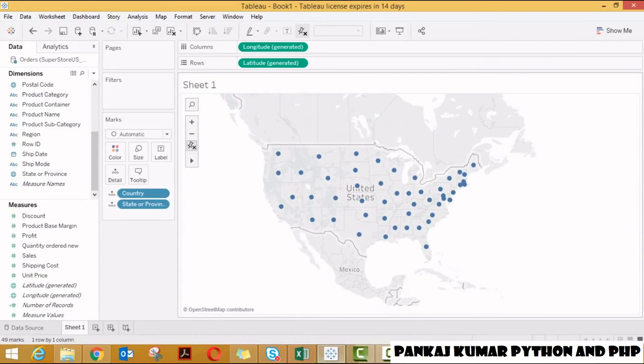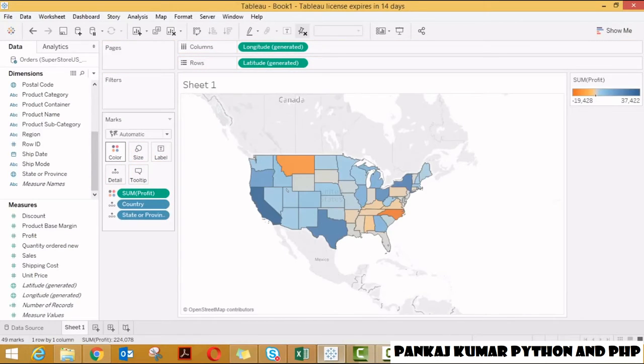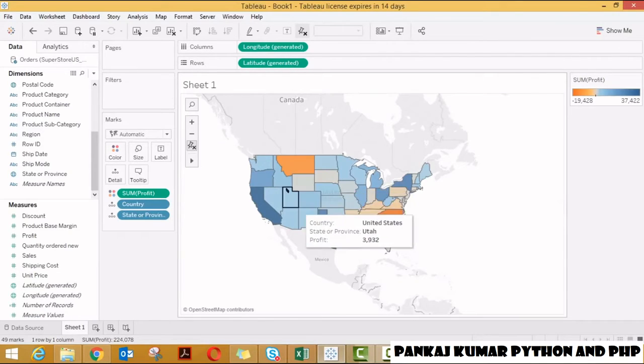Okay, so guys, now let us drag our measure, which is profit, sales, or whatever continuous variable you want to measure. But here I want to measure the overall profit. So let me drag this profit to the colors. It means that I have added one continuous variable to the colors. So look at this. Here the visualization contains orange color, light blue, and blue color.